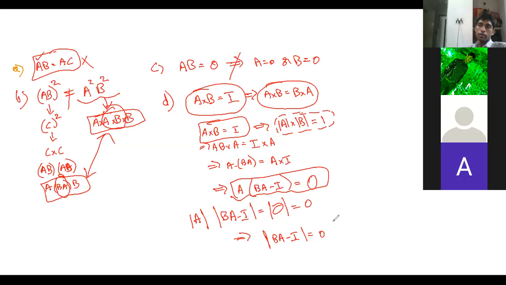Okay. What is the solution there? I think solutions are there. What is the solution of this? The solution says that if AB is an identity matrix then BA is also an identity, in one line. Question number 6. A, B, C are square matrices of the same order, then AB equals I implies AB equals BA is true because by theory we see that if AB is identity then BA must be identity.